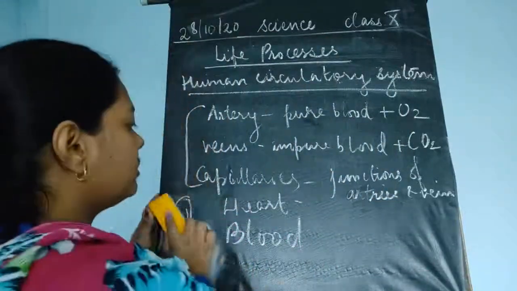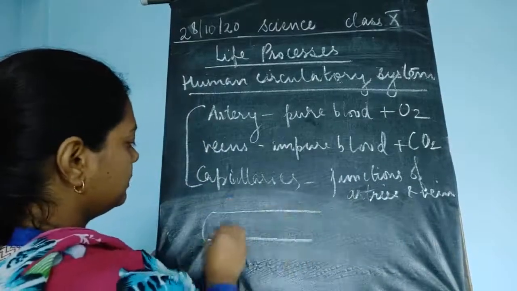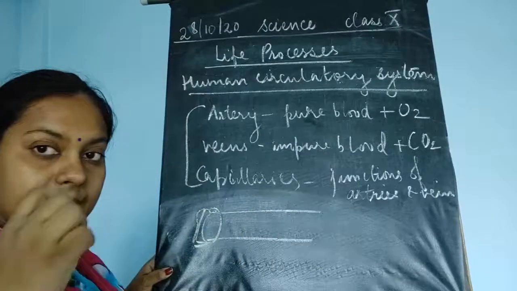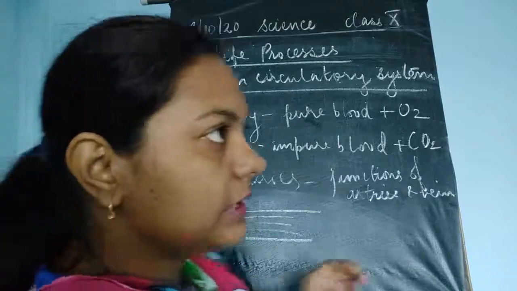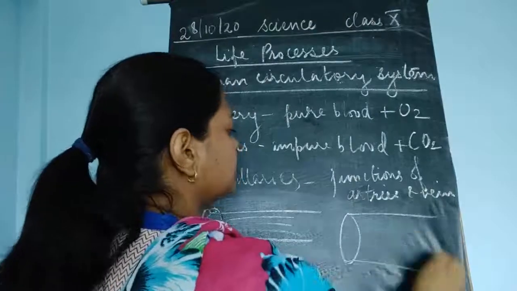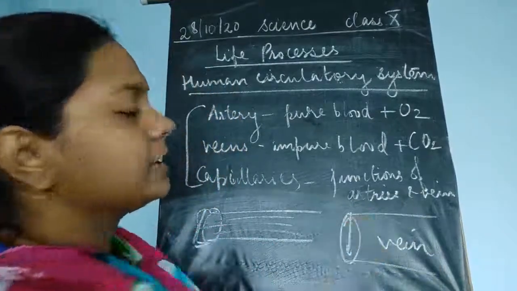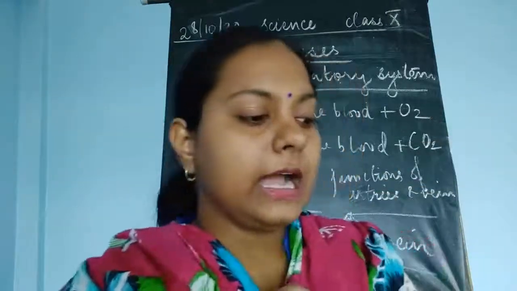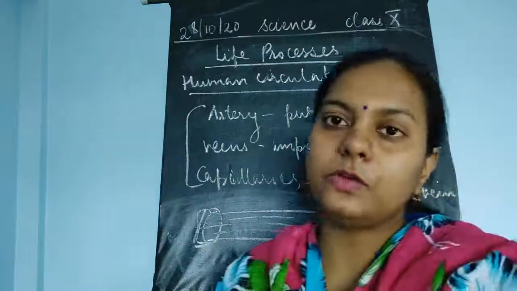Okay, suppose I talk about the lumen. You can see that this is the lumen, the area from where the blood is flowing. This is smaller, but if you talk about the veins, the area is large. The lumen of the veins is large, the space is large, because it has to collect the blood from all the parts of the body and take it back to the heart. So the pressure is not very high and the blood flow is also not very high.